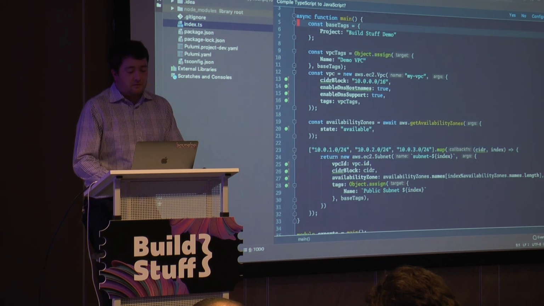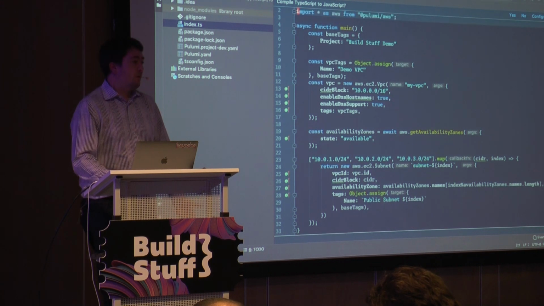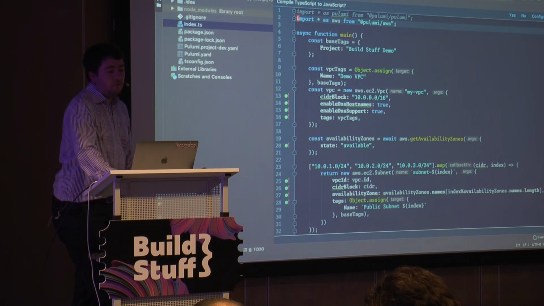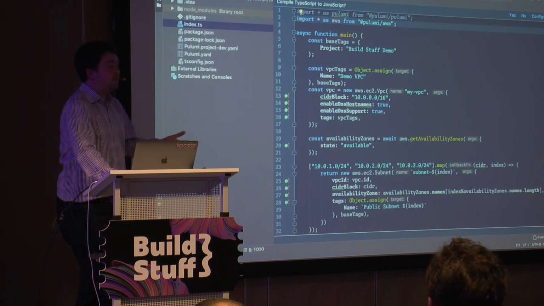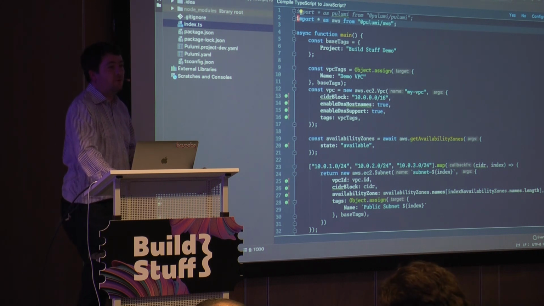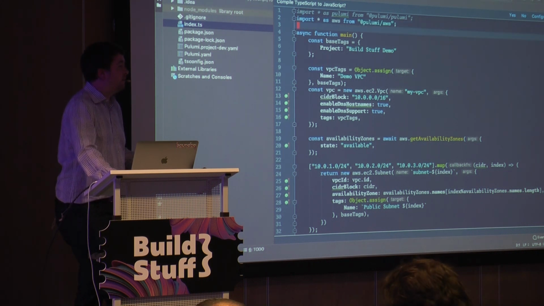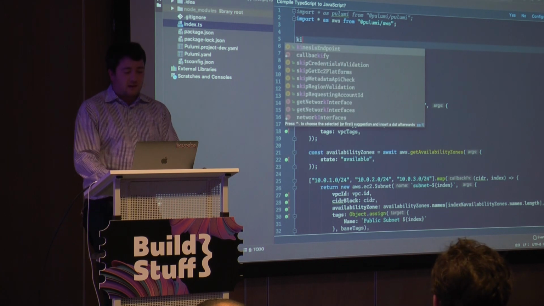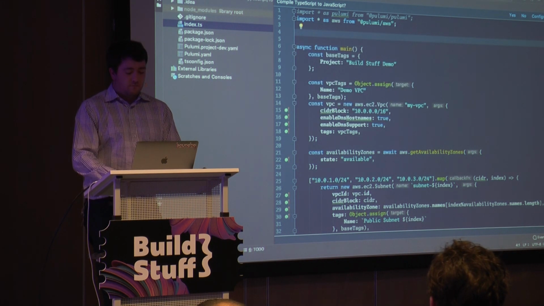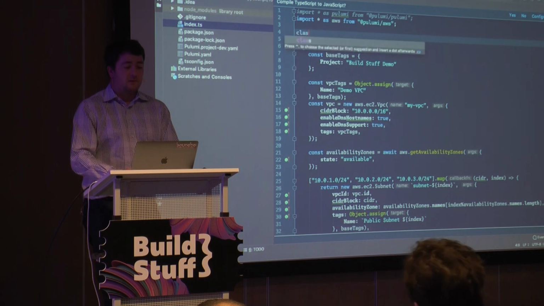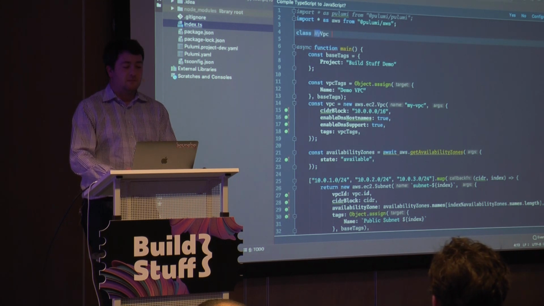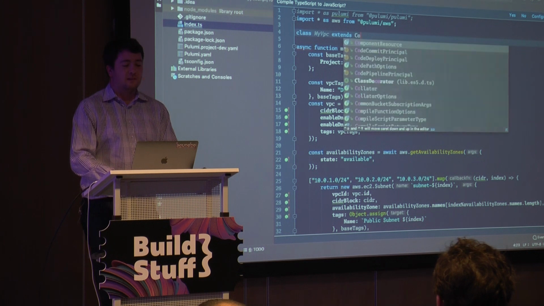There's a construct in Pulumi called a component. It's purely JavaScript in this case, so different language hosts have their own abstractions available according to what the idiom in the languages are. But in this case, we could say we're going to declare a class, so we can say class myVPC, and have it extend this class called component resource.